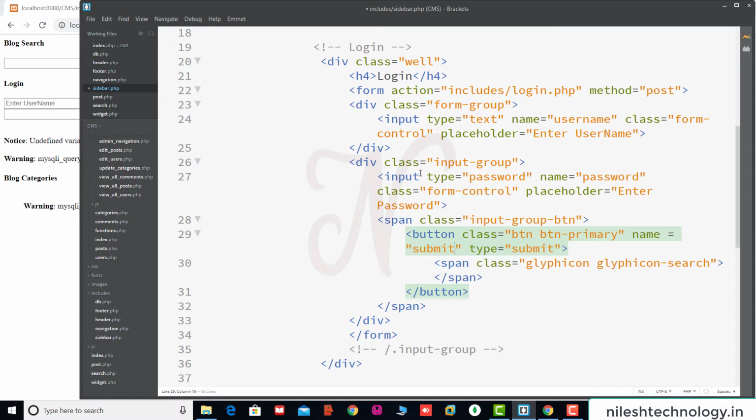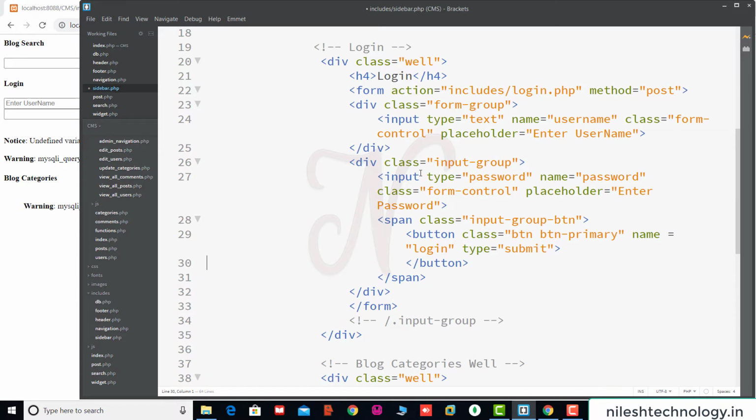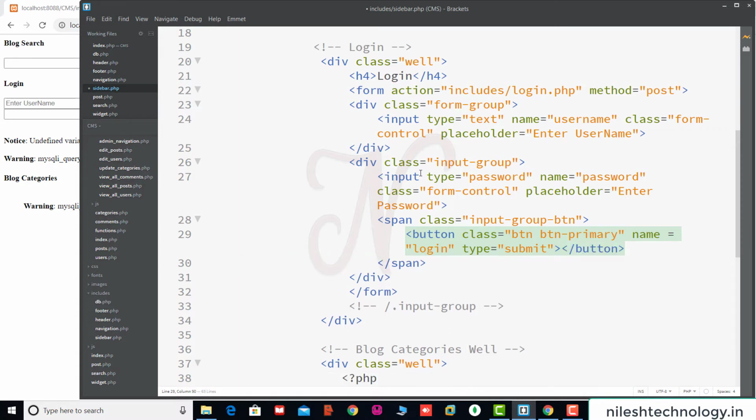So we remove this span inside this, and instead of this span we give the name of this button. Button name is login.